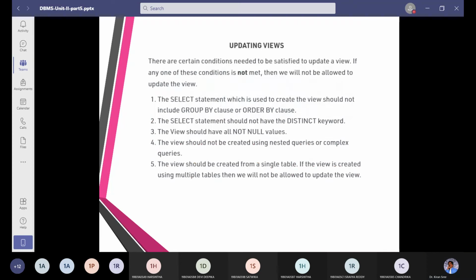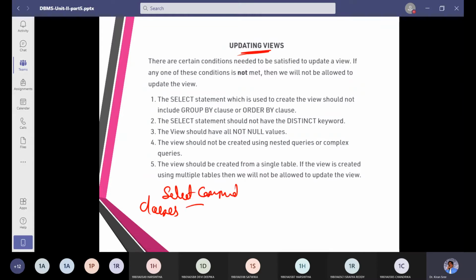Next. To update a view, there are certain conditions. What are the certain conditions? Select command is there. In the select command, we have various clauses.